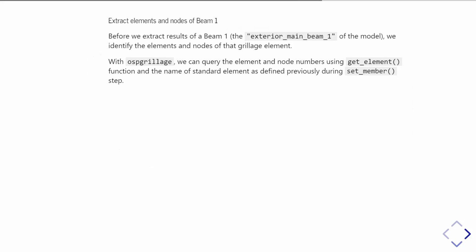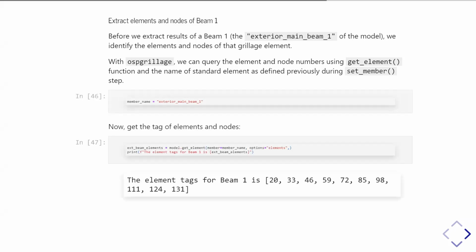Now here we start with the extract. The good thing about ospgrillage is that we don't have to worry about what the elements are, the element numbers, all the element text that represents beam 1, the exterior main beam. To do this, we just simply